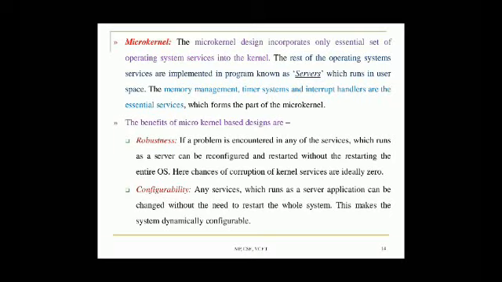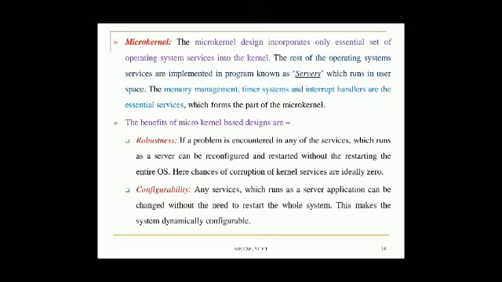What are the benefits of a microkernel? If you ask me, it gives you a high degree of robustness and configurability. Let's go with the point robustness. Any problem encountered in running a particular service, which basically runs as a server, can be fixed without restarting the entire operating system. That is the advantage that leads to a very minimal risk of the kernel getting corrupted.